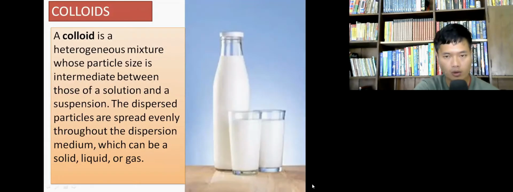Now let us see colloids. A colloid is a heterogeneous mixture whose particle size is intermediate between those of a solution and a suspension. The dispersed particles are spread evenly throughout the dispersion medium, which can be a solid, liquid, or gas. So when we say a colloid, it is a heterogeneous mixture whose particle size is between that of a solution